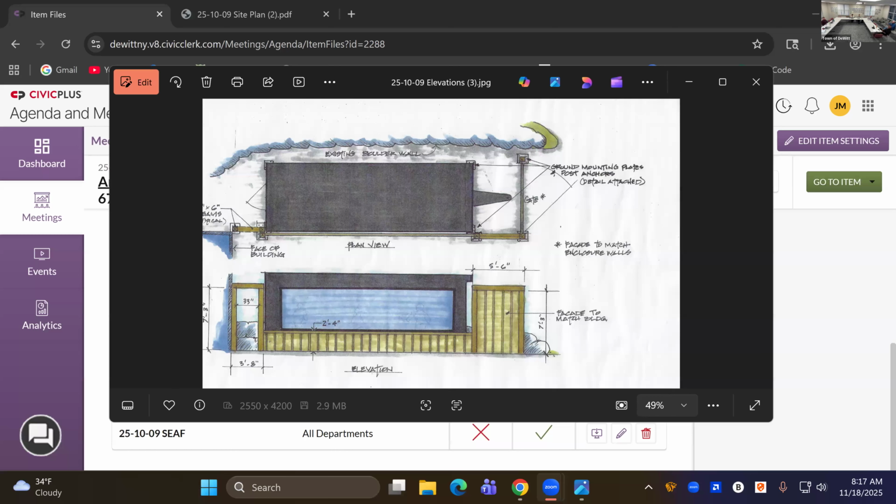Would the code enforcer say that the trailer is not allowable? Like you could come up there and cite me and make me take it off? No, he would come out and say you didn't get site plan approval for it. That's the gray area that we research. I don't think that's right at all. I don't believe that, I don't think there's a code, through our research, with backup research,